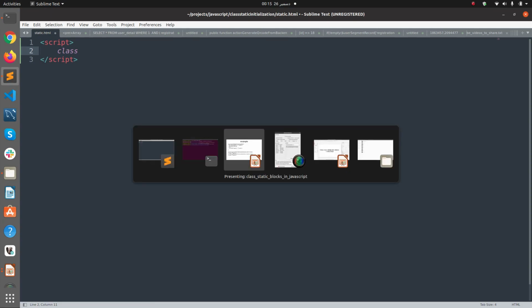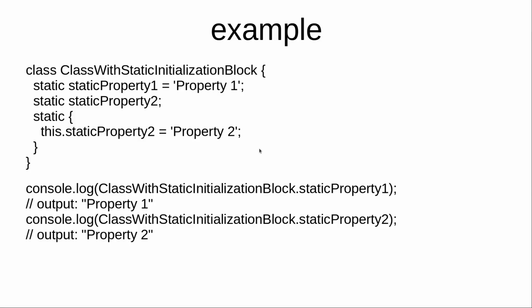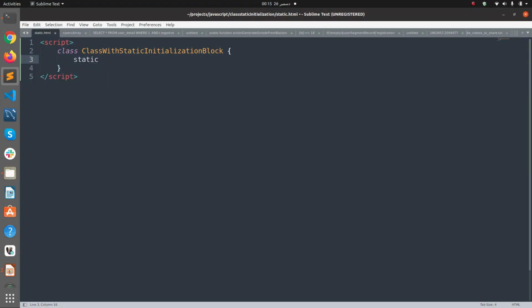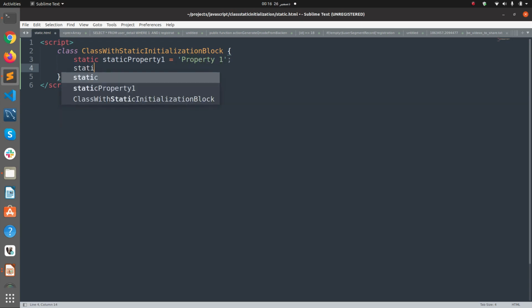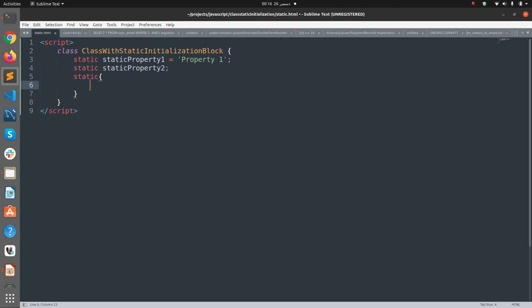Okay, here we are going to write our code in JavaScript, so we need a script tag, and I'm going to define class, and that is class with static initialization block, and in that block I have a static variable static property 1 equals property 1, and then I have another variable called static property 2, which is an empty variable, and in the static block right after the second variable I'm going to say this dot static property 2 equals property 2, and